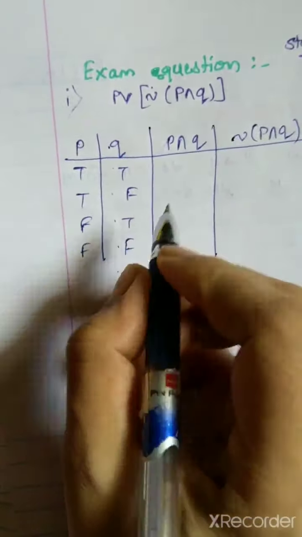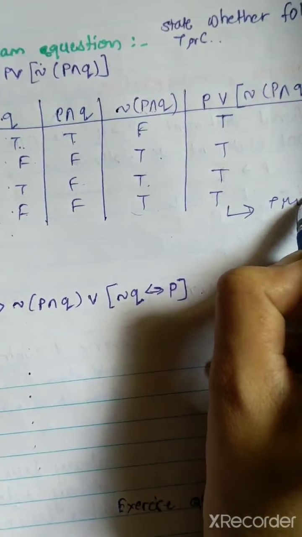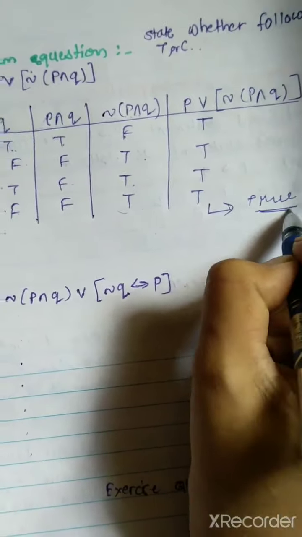Then what we have to do is OR this complete column with P. So true or false is true. True and true is true. False and true is true. False and true is true. So in the last column, all values are true. That means the given statement